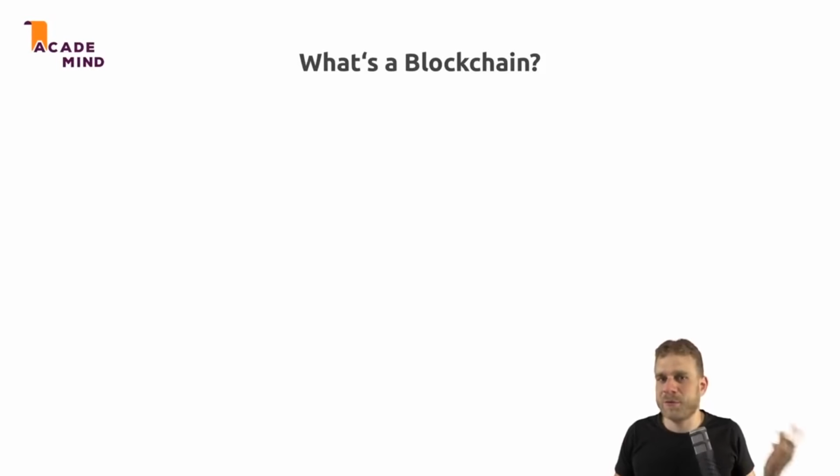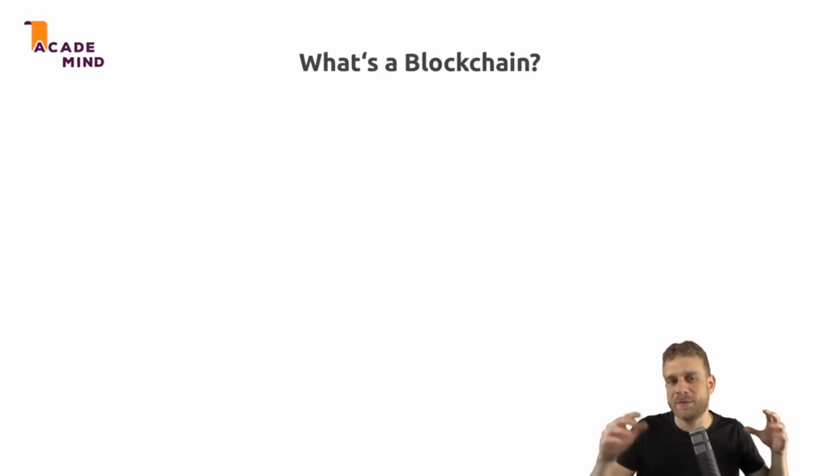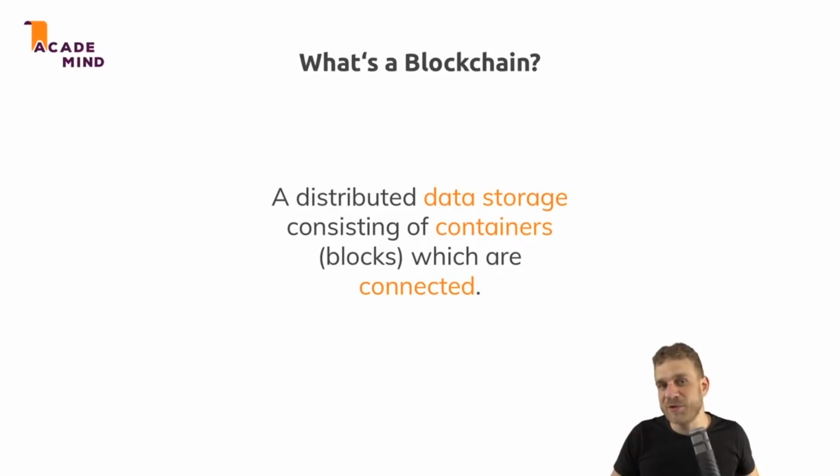You probably heard about blockchains, or at least about Bitcoin and cryptocurrencies in general. Bitcoin is a cryptocurrency, and cryptocurrencies are based on the blockchain technology. The blockchain technology can sound very abstract, but in the end, a blockchain is just a distributed data storage. So the same copy of the data is kept on multiple machines, which are connected, and each data storage, so on a machine, the blockchain, is just a chain, a list of data stores, containers, the so-called blocks, which in turn are connected to each other. So the order of the blocks matters.